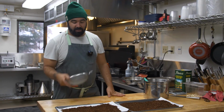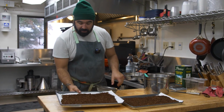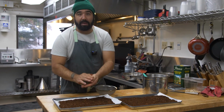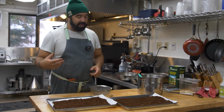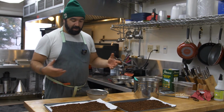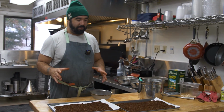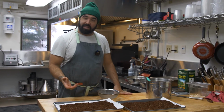And then after that, I'm going to just filter it through here, get out all of these shells, and then I will have this powder, and that powder I can use as a base in mole, the same way I would make chocolate. I can mix it together with some sugar and use it to make a beverage. There's all kinds of ways, but now we've processed our bay nuts and they're ready to be used in a variety of ways. You can keep them whole and use whole roasted bay nuts, but I find this powder to